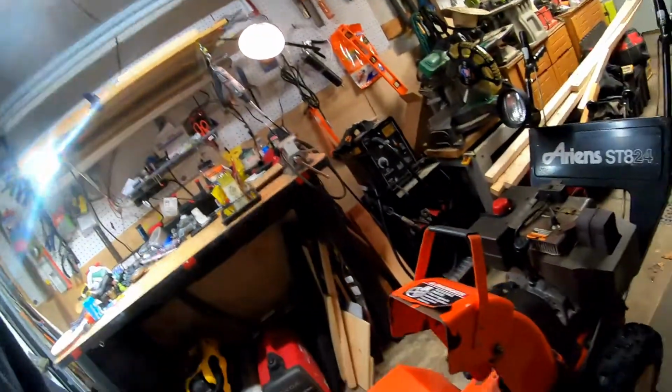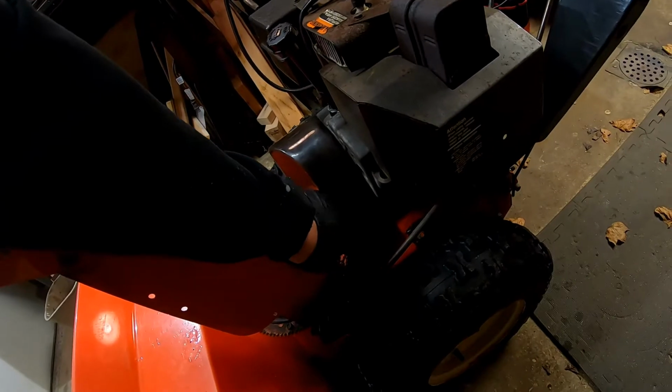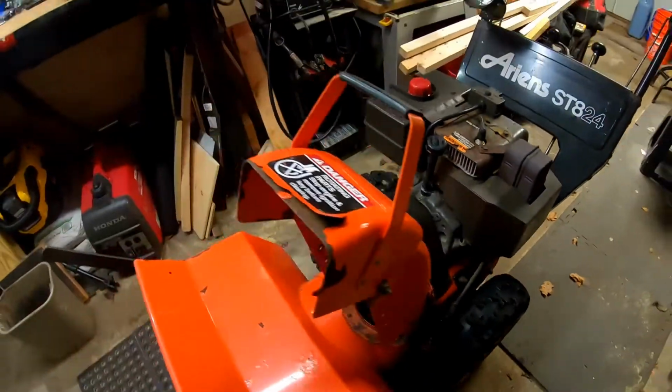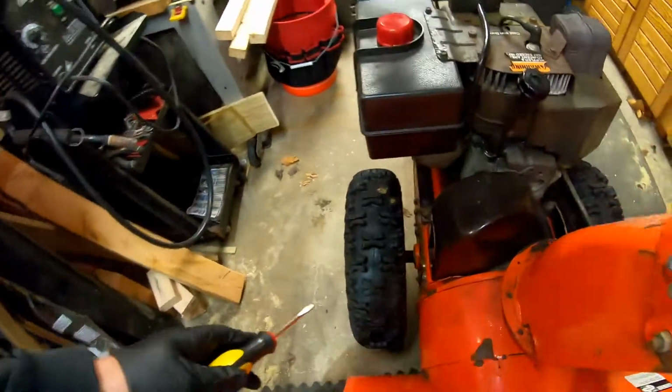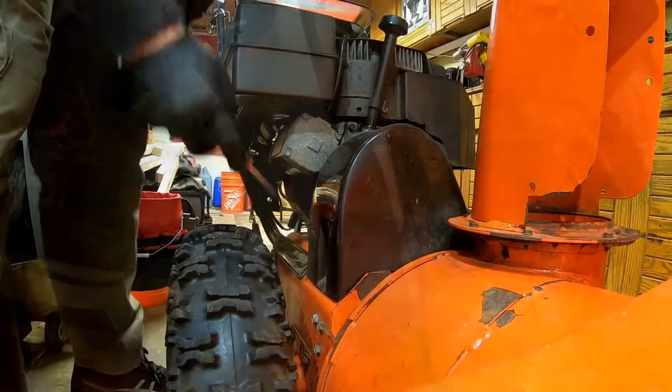So, first thing I'm going to do is take off this protection here. There's this flathead screwdriver here, or you could use those little small socket drivers. And there's one here. I'm going to take that one off for my